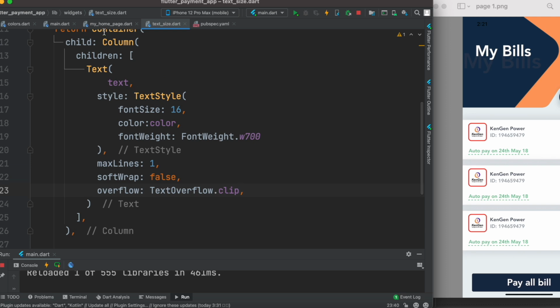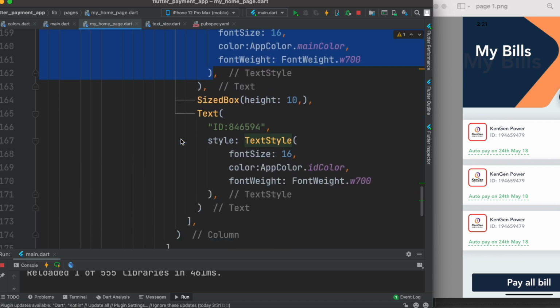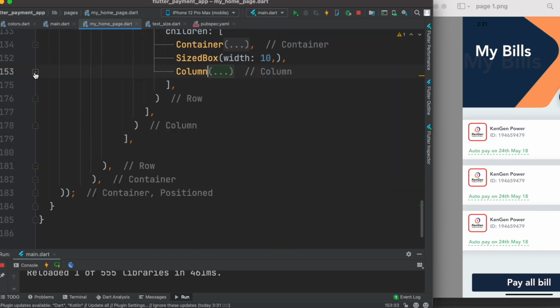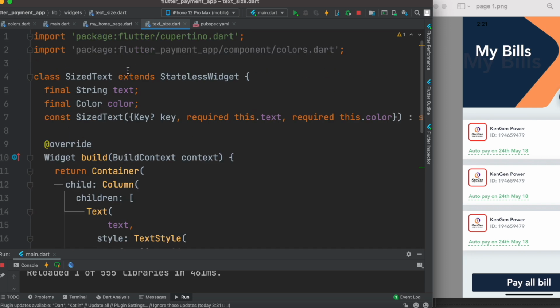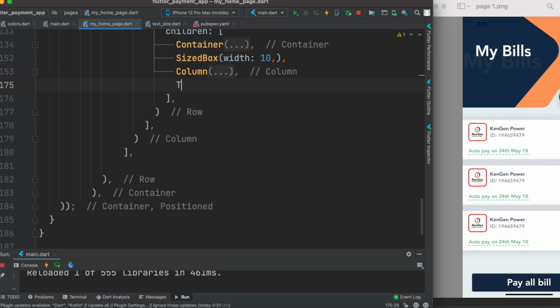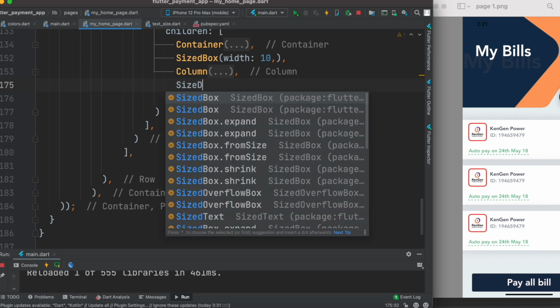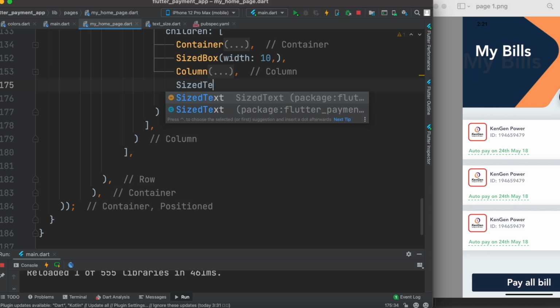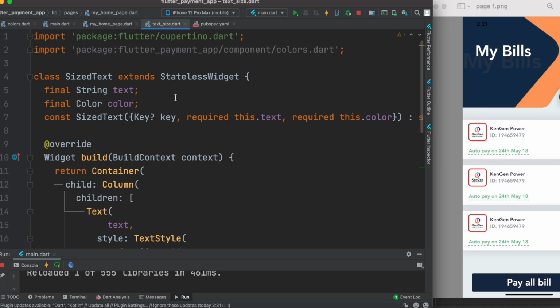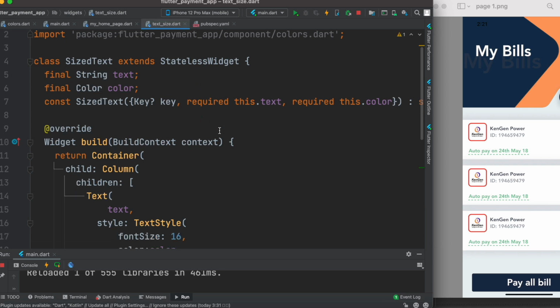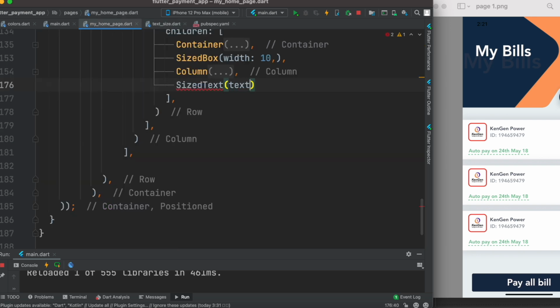So what we could do, we could go ahead and over here, so there was a column widget, so now from here we can call this file and the related class. Okay, so the class is SizedText, this one. Okay, and we can supply some parameters over here. So as you can see, the text and the color. So what we could do, we could do text,